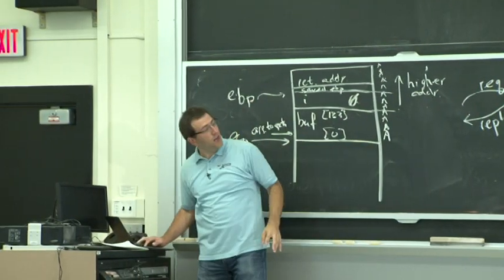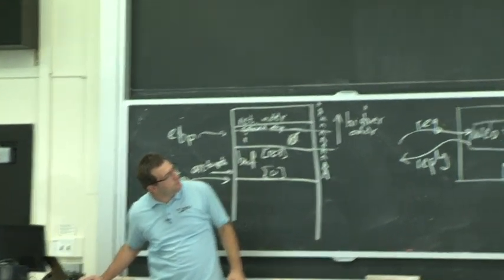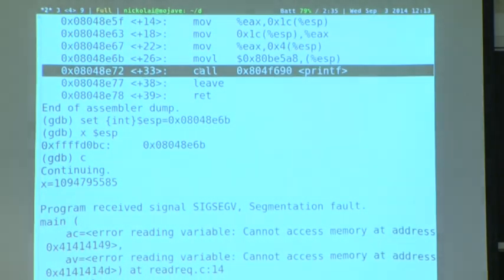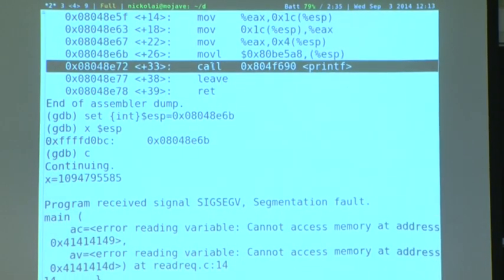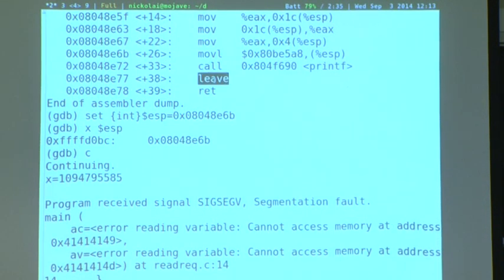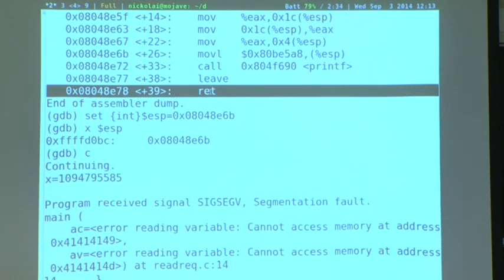Yeah, so actually, what's going on is you have to sort of see here. OK, so this is the point where we jumped. It set up some arguments. It actually calls printf. Printf seems to work. Printf is going to return. Actually, that's fine, because this call instruction put a return address on the stack for printf to use. That's fine. Then main is going to continue running. It's going to run this leave instruction, which doesn't do anything interesting. And then it does another return.